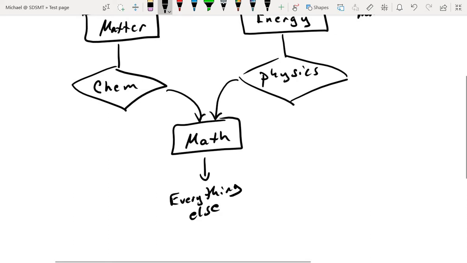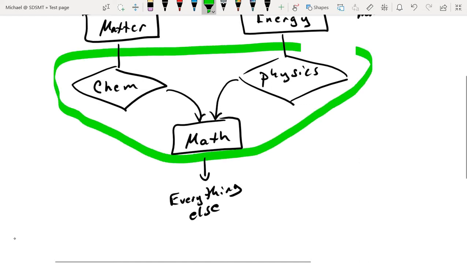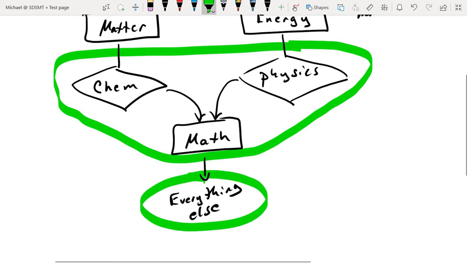All the other engineering and science courses out there are going to be some combination of chemistry and physics tied together with the mathematics. If you notice, everyone on campus, regardless of what their degree is, has to take a certain amount of physics and chemistry and math courses. That provides you with the foundation knowledge that is required to move forward and study really any other field of science, engineering, mathematics, etc.